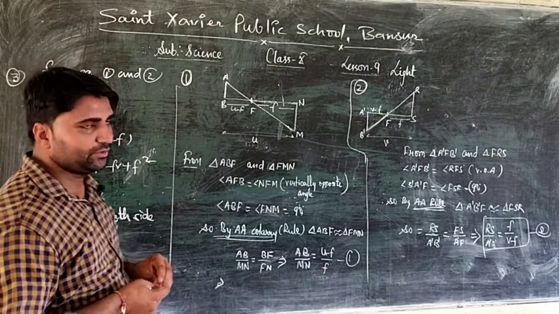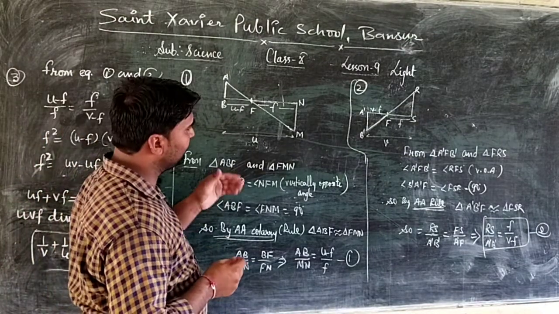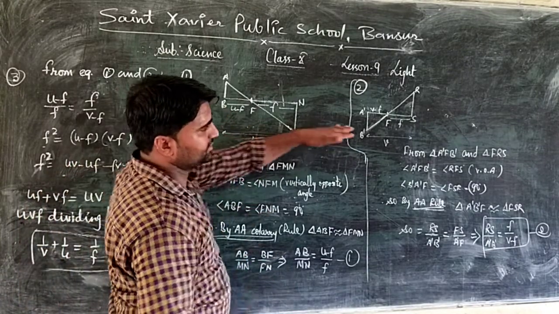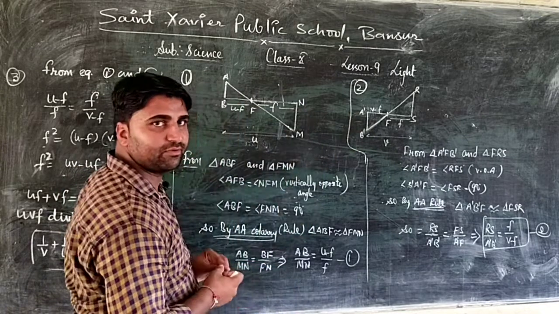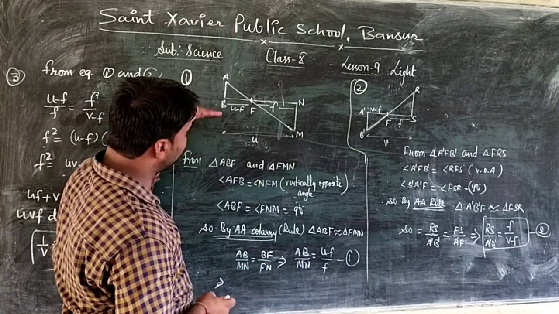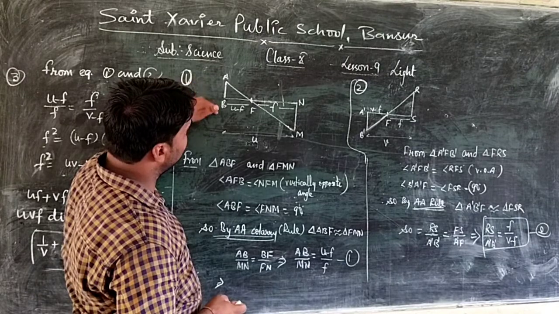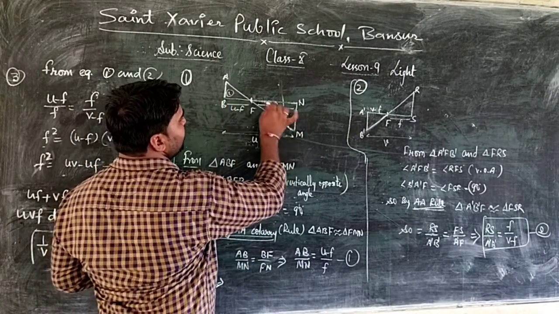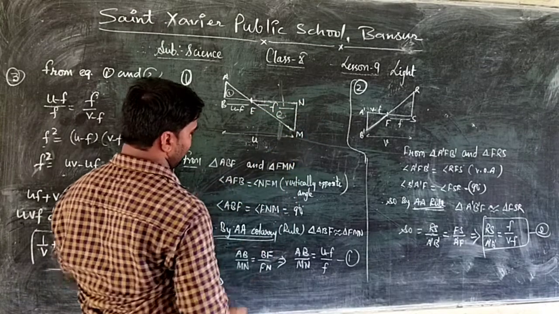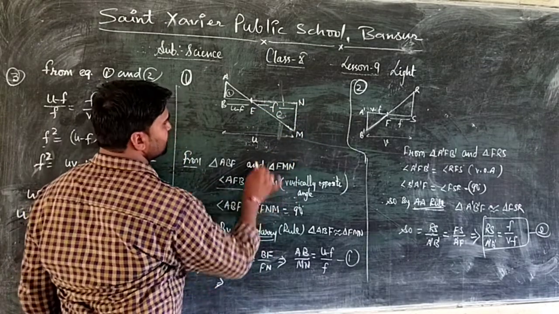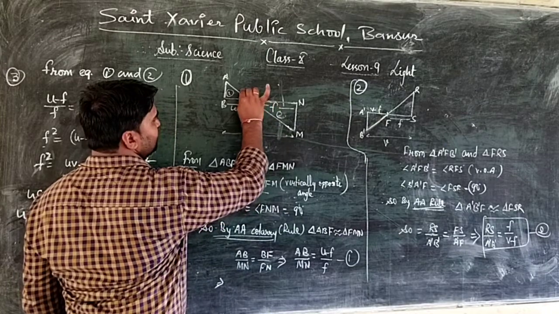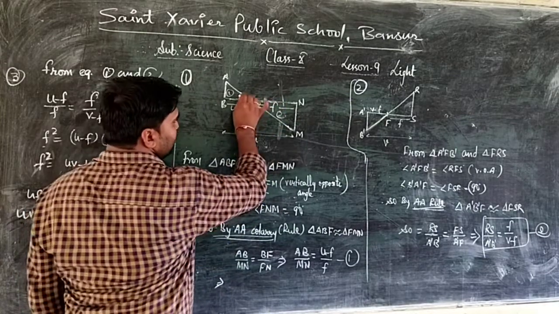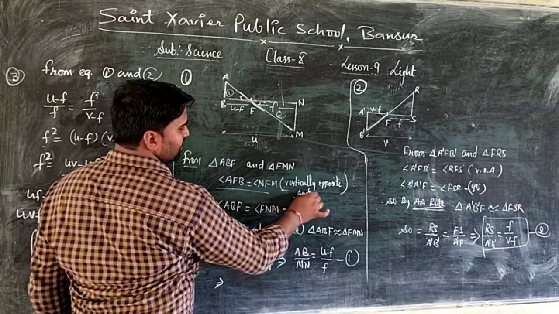The remaining part we are taking in this video. I have taken both the triangles from that first shape previously. From that you can see A, B and F, the first triangle. We are comparing it to the second triangle, F and M. After comparing, you know very well this angle and this angle are equal. Both lines are intersecting, so both angles are equal. These are vertically opposite angles, that's why both are equal.